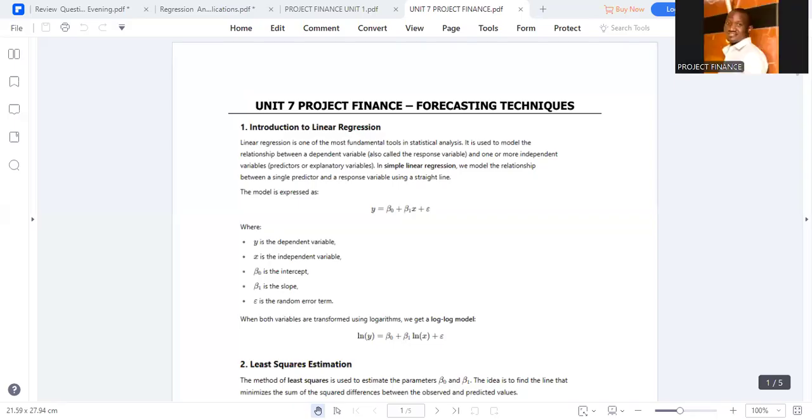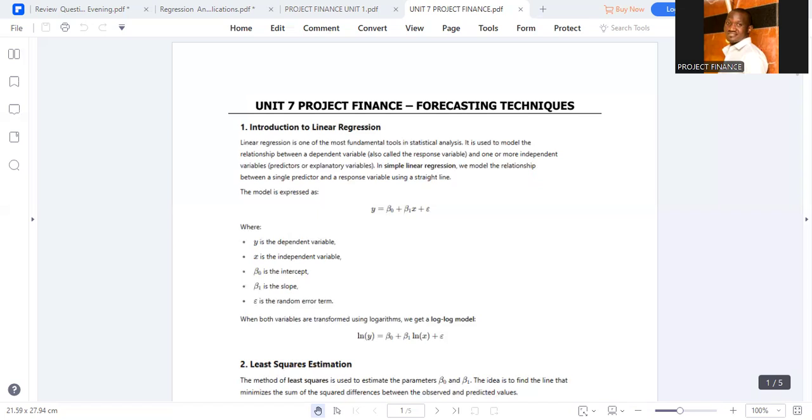Our session is unit 7, where we're going to look at forecasting techniques. This is just a build-up to POM or quantitative methods that we already did in the initial stages of our classes. So linear regression is a powerful and widely used technique which helps to understand linear relationships that exist between